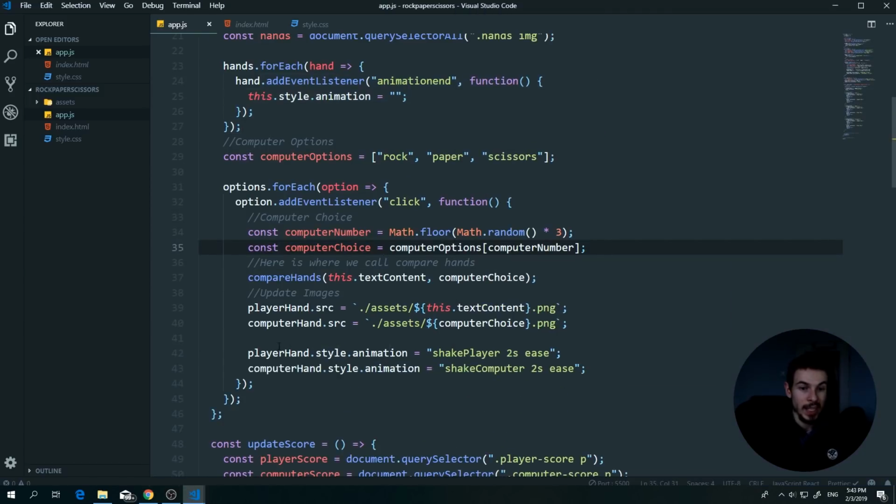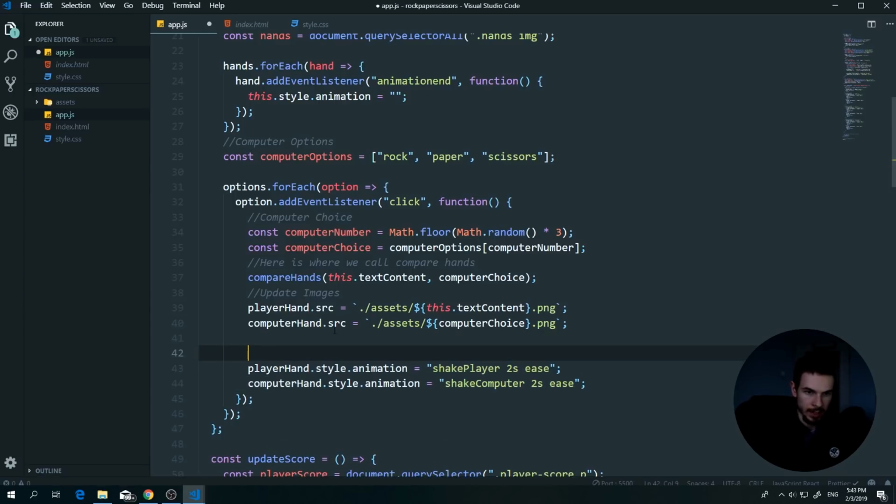So, do we need to delay the animation? No, we want that to run instantly. So the animation, we need this to go as soon as possible. What else do we need to update? Well, we need these to update and this. And after how much time? Well, we do the animations for 2 seconds. So let's just update everything in here after 2 seconds. So I'm gonna take everything I wanna update after 2 seconds. I'm gonna copy it,